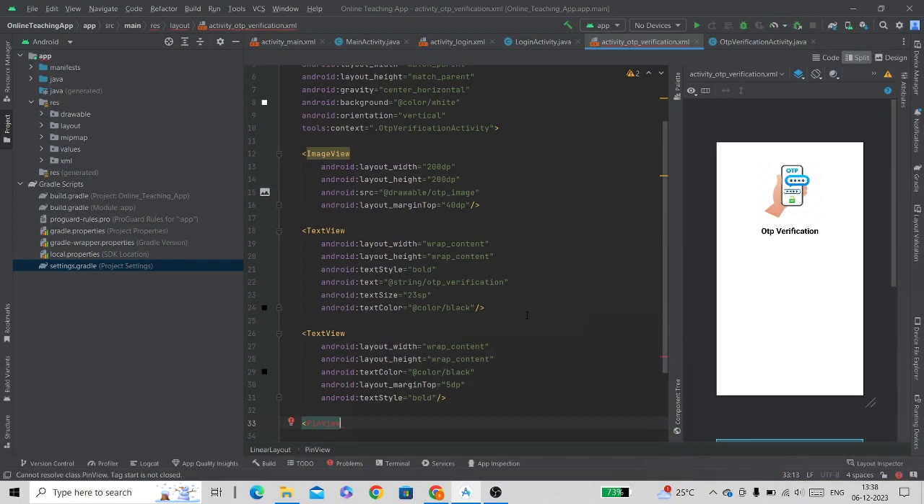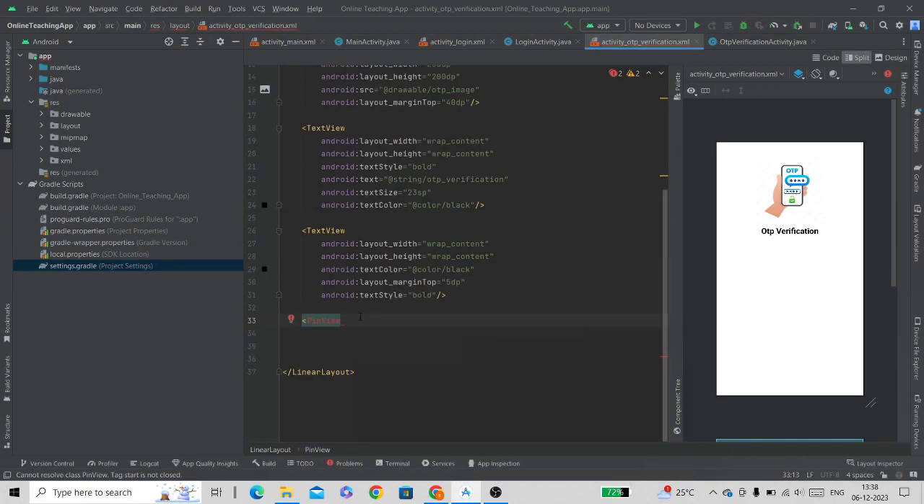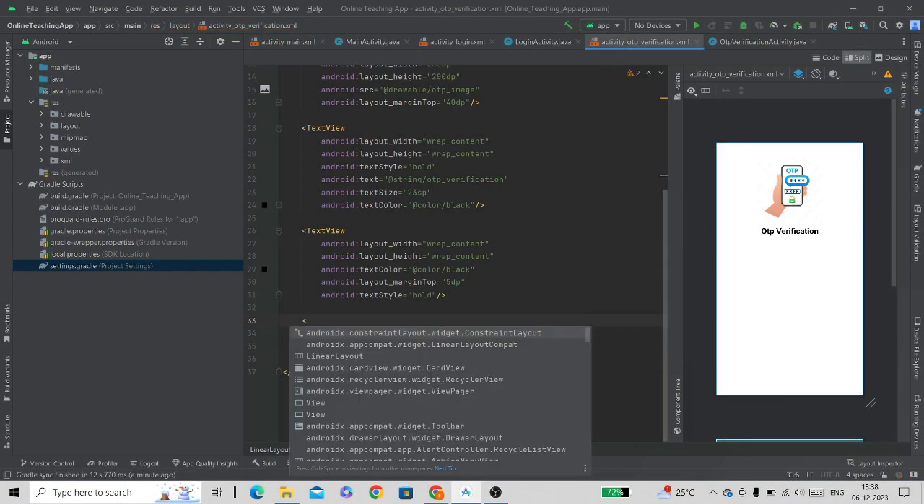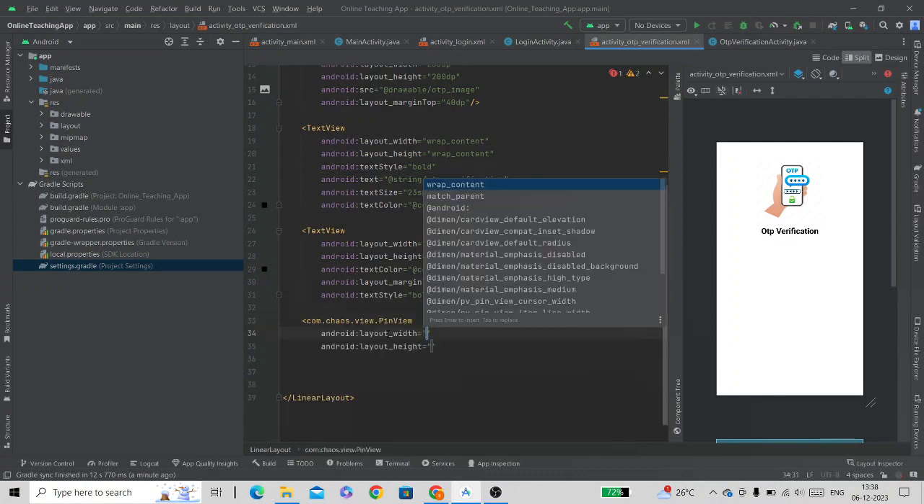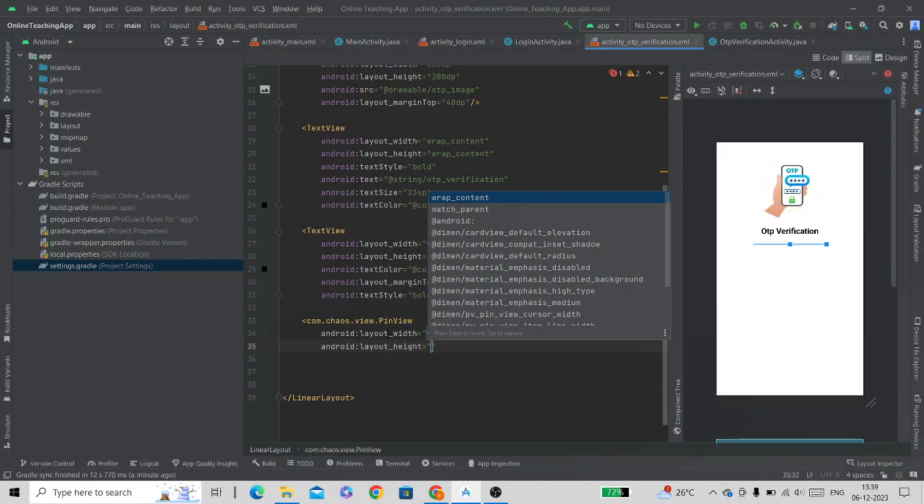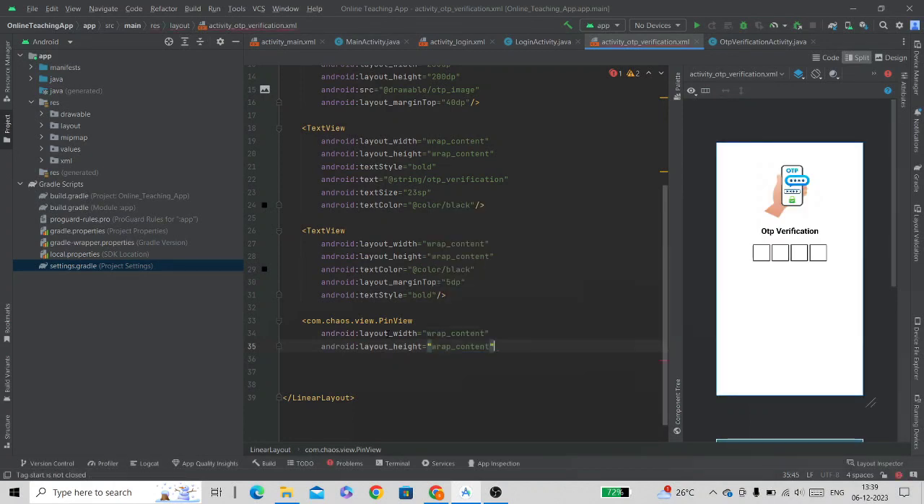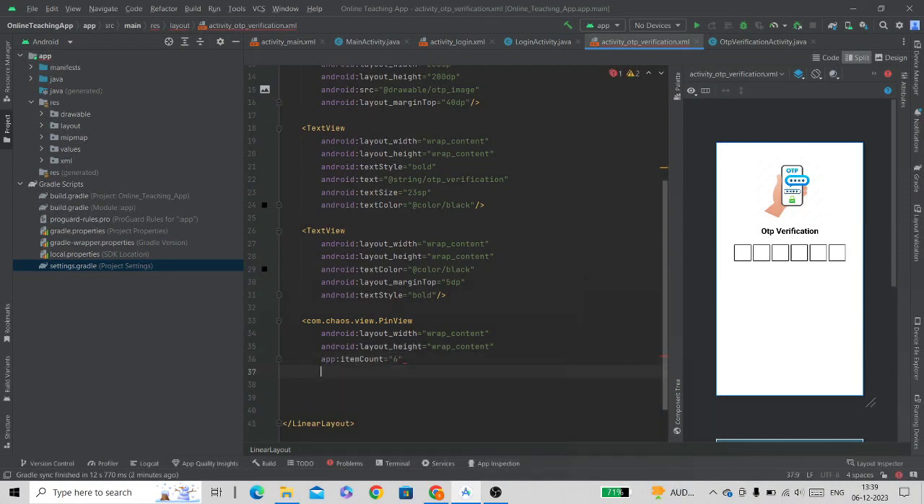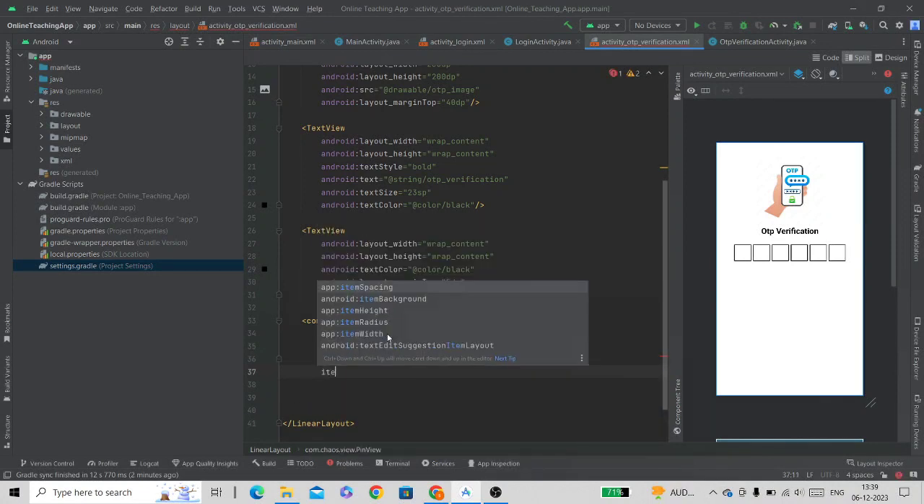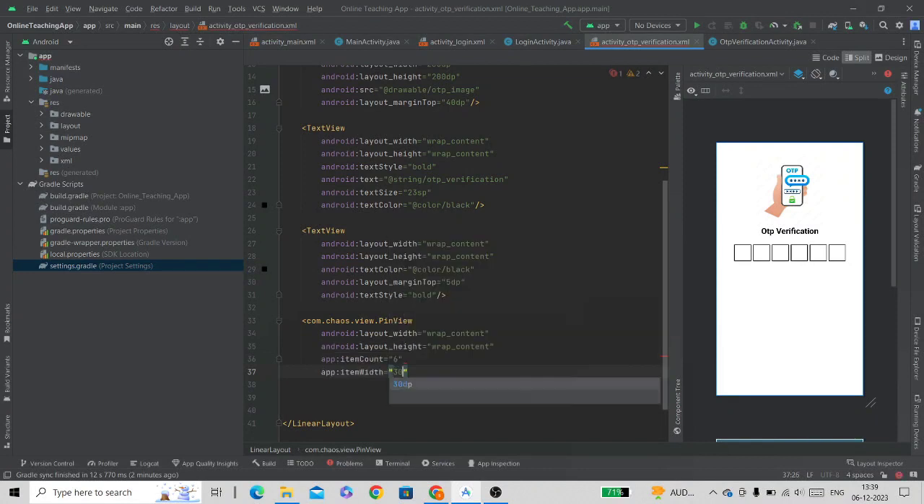Now go to your XML file and now try to add PinView. Now here you can see the PinView suggestion. Click on it, give the layout width wrap content and height wrap content. Because we want a 6-digit OTP, we will give the item count 6. Now we will give item width 30 dp